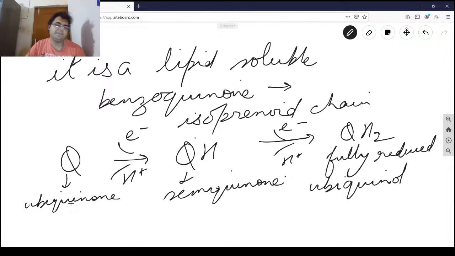So we know that the alcohol is the fully reduced version. The aldehyde is the lesser reduced version, or more oxidized compared to alcohol. Then you have the ketone, and the most oxidized version is the carboxylic acid, the COOH group. So from quinone to quinol, you are going towards reduction. Now if I draw the structure of ubiquinol,